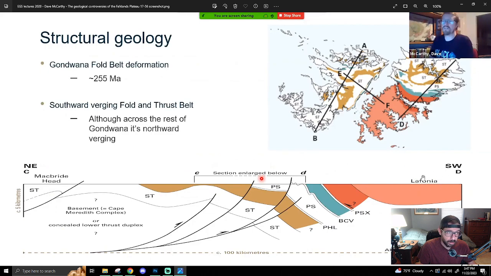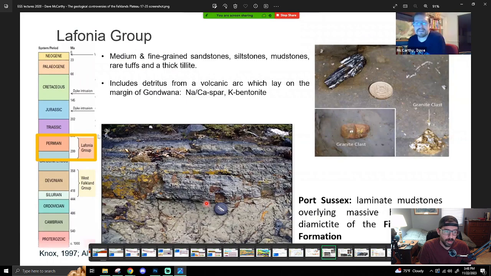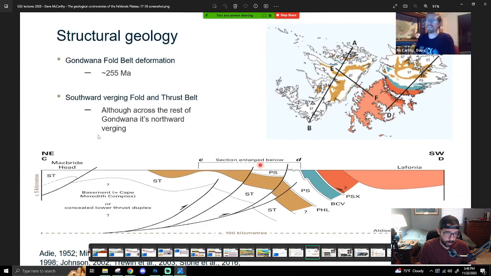The Fonia, which we were just looking at there, from this period. This one, I guess, is over here. And then, whatever this is. Gondwana Fold Belt Deformation 255, which I found really interesting. It's very near the Permian Triassic boundary,